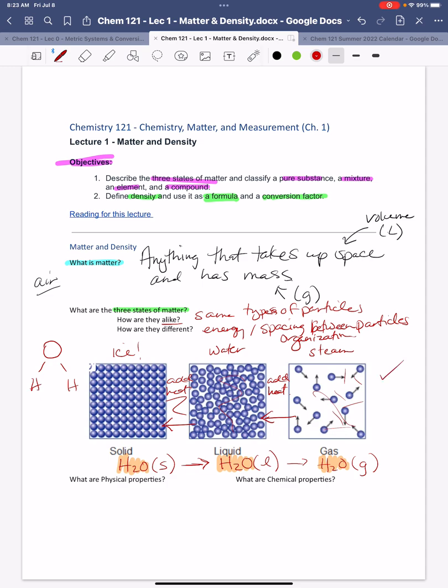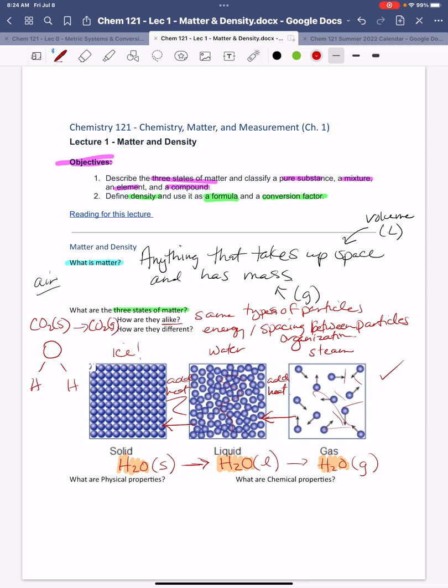I just want to mention I'm using water because it's such a great example, but we can freeze, melt, and make into gas many other substances. But we're much more familiar with water, and so that's why I like to use that as an example. Some of you might know that solid carbon dioxide doesn't go through the liquid phase, it just goes right to the gas phase. We call that sublimation, and we'll talk about that later as well.